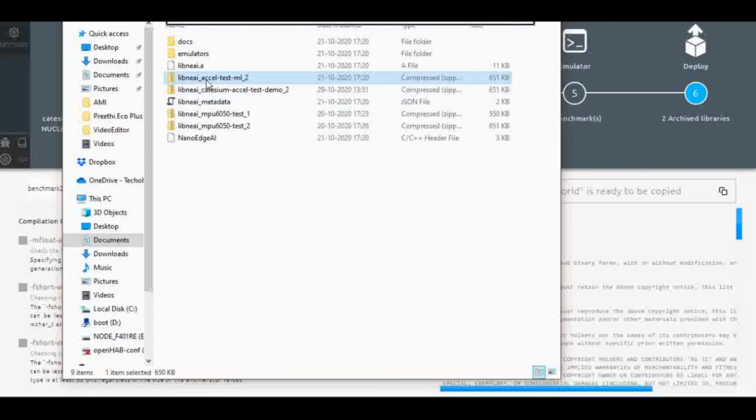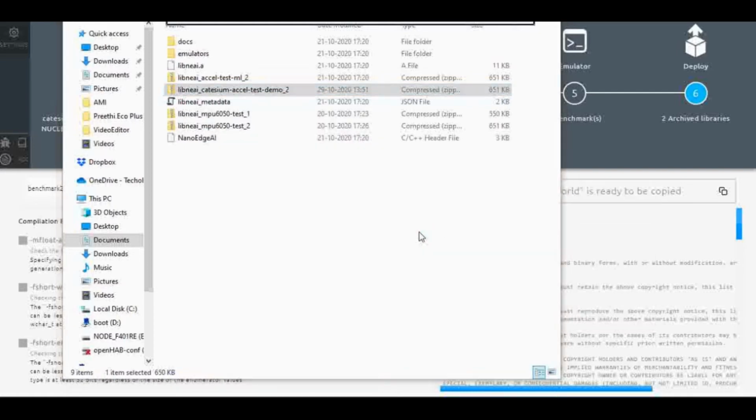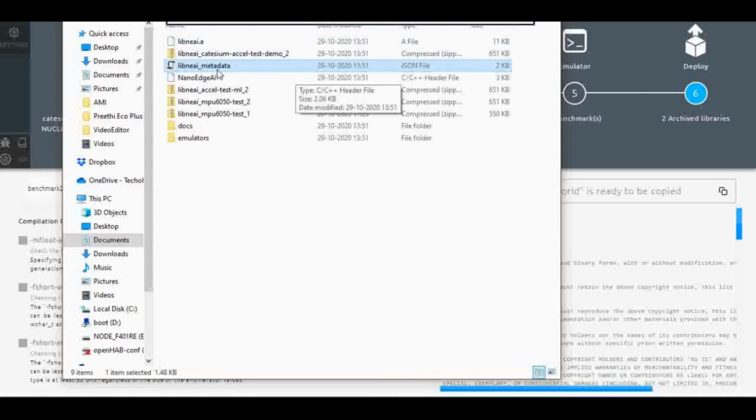Here it came, demo 2, which I just made, and I will extract it here. You can see that a .a file is generated, one JSON file is generated, .a and .json, and this Nano Edge header file is generated. Three files are generated which can be directly integrated into my firmware development.